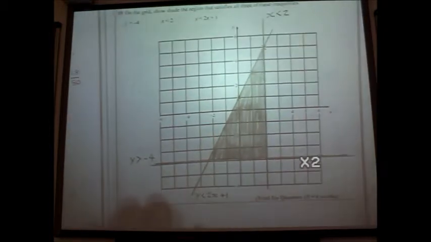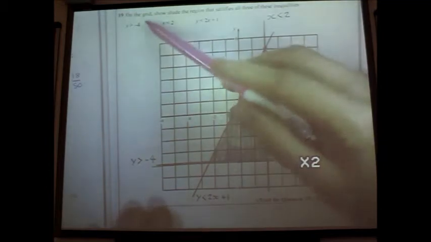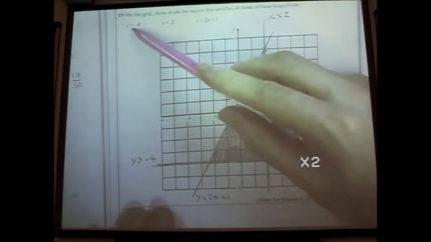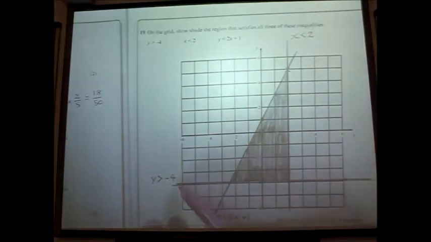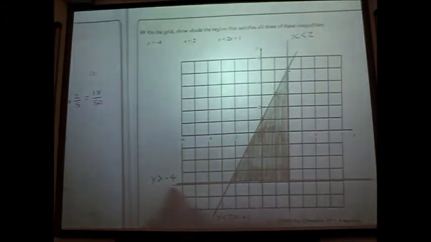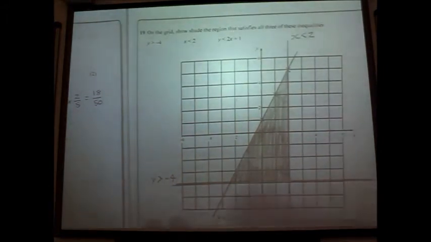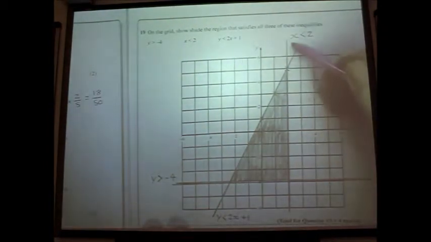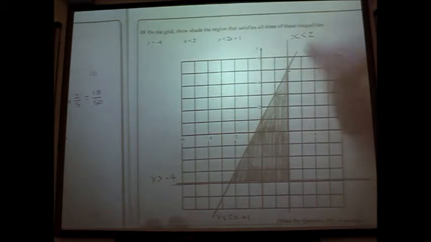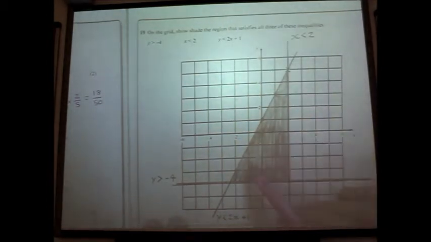What I've done, I've just drawn some lines on a graph. That's an inequality sign, but I'm going to pretend it means equals. So y equals minus 4, that is my line there for y equals minus 4. Okay? Next one, x equals 2, so I've drawn my line on there for x equals 2 and I've labelled it. Y equals 2x add 1,